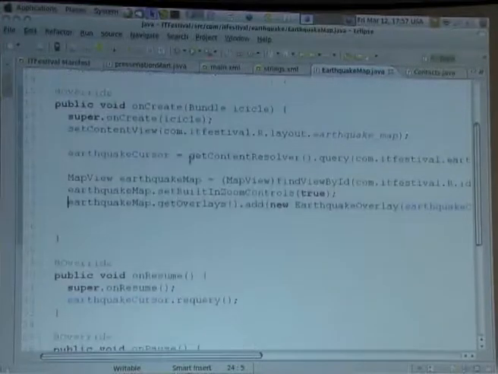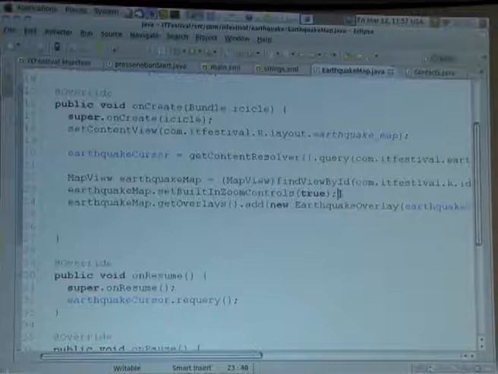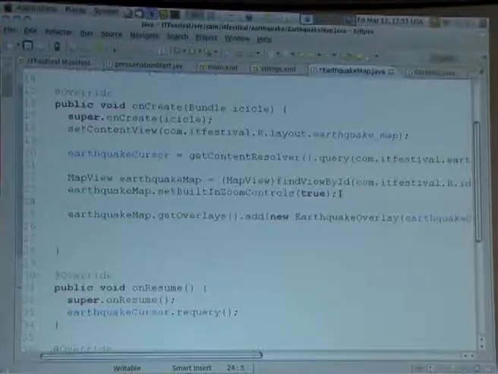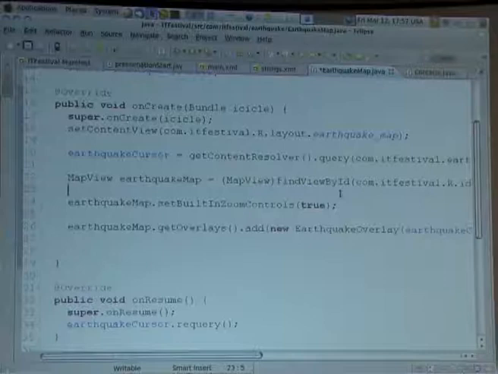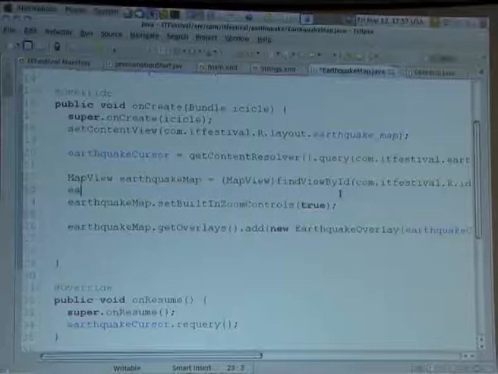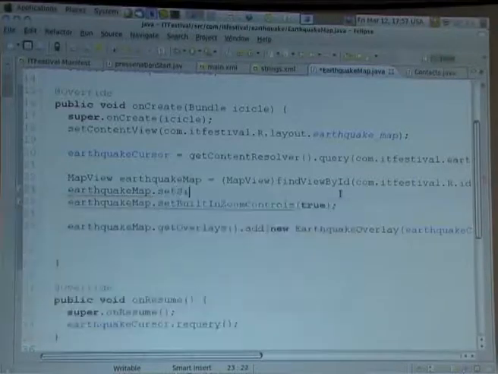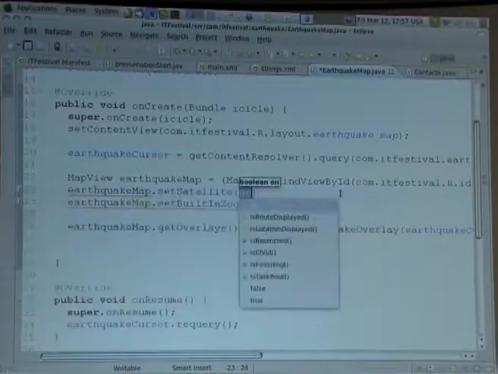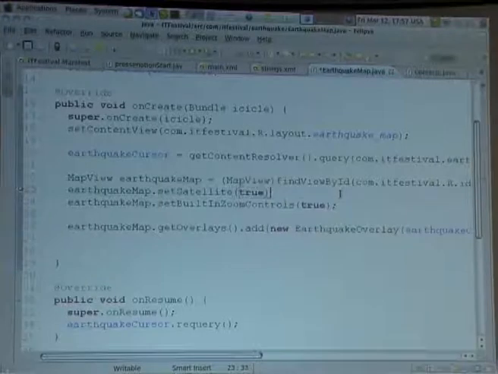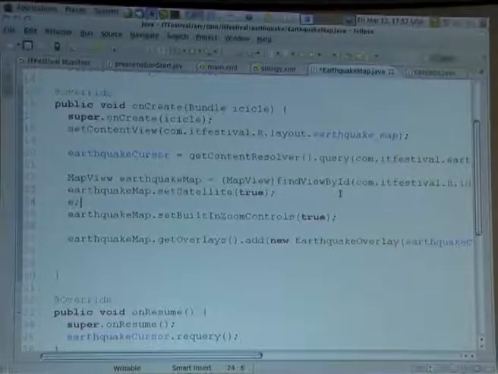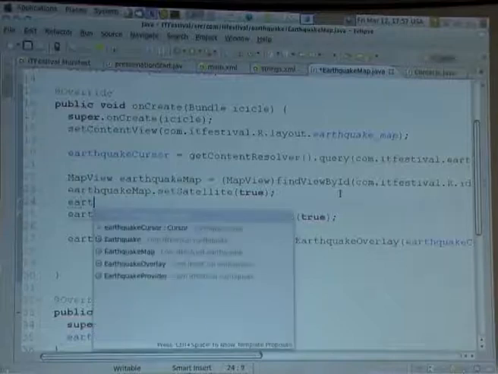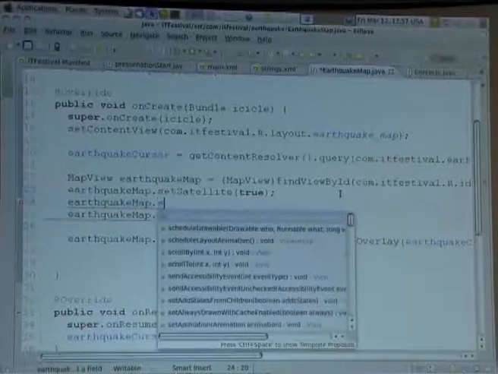The zoom feature is implemented in this object, and I want to have a satellite view of my earthquakes. And as you can see, Eclipse is very, very good in that I define it as true. And also what I want to have displayed are the streets, and I'm giving you the advice how to write very simple navigation.